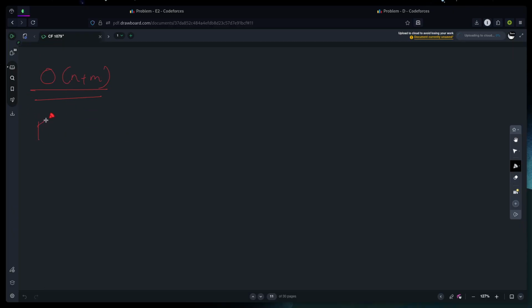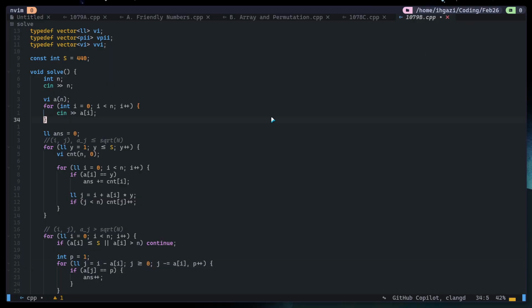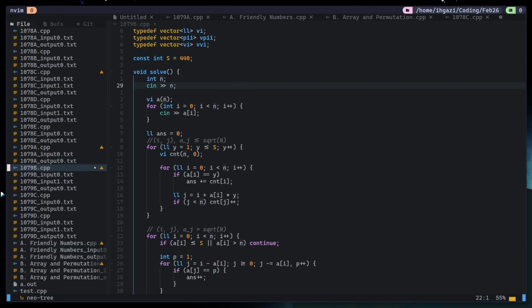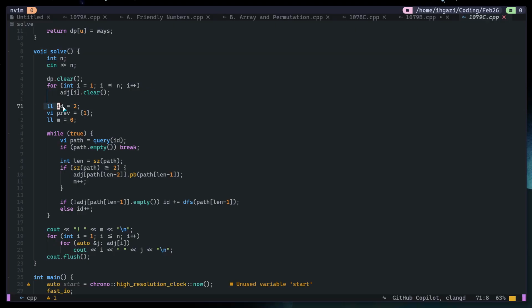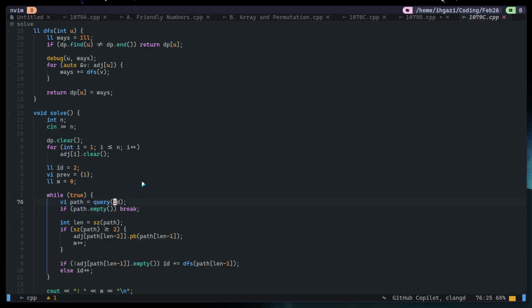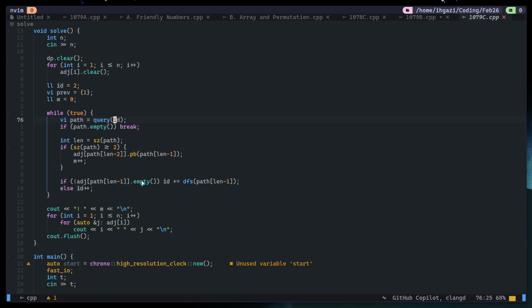Now for F, okay, let me just show the solution for E as well. It will be easier for you guys. See, yeah. So like as I mentioned, I start from the second query, because you know the first query will be 1, so you can skip that as well. I get the path for this ID, and if the length of the path is less than 2, only a single vertex, you can skip that. Otherwise, you add the last 2 elements as the new edge,